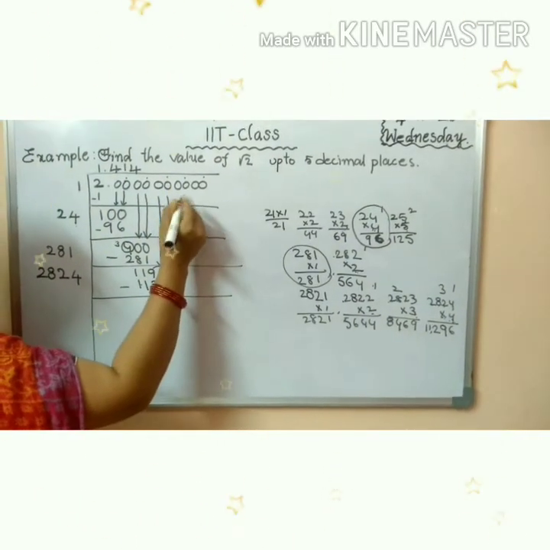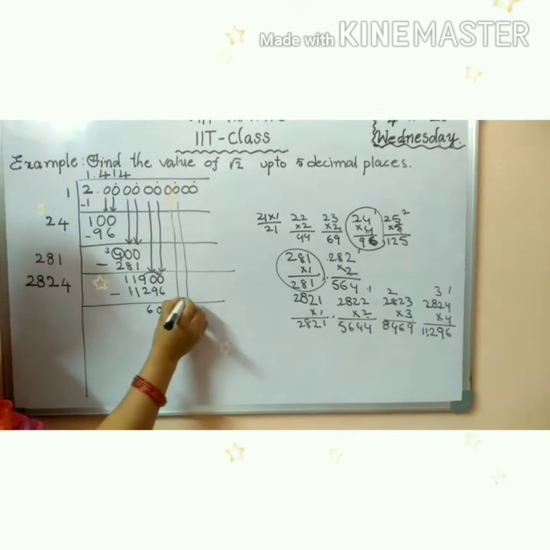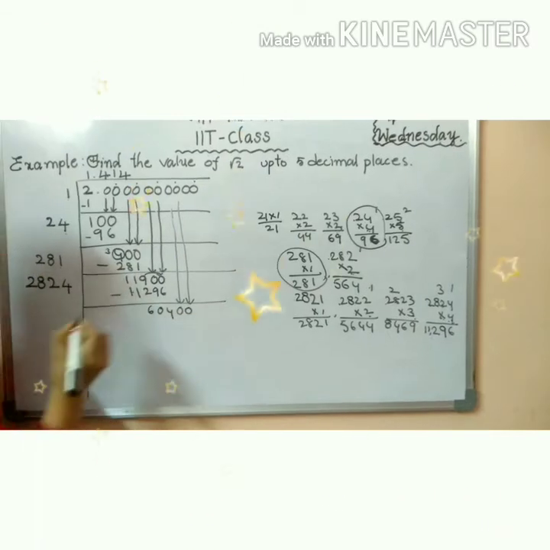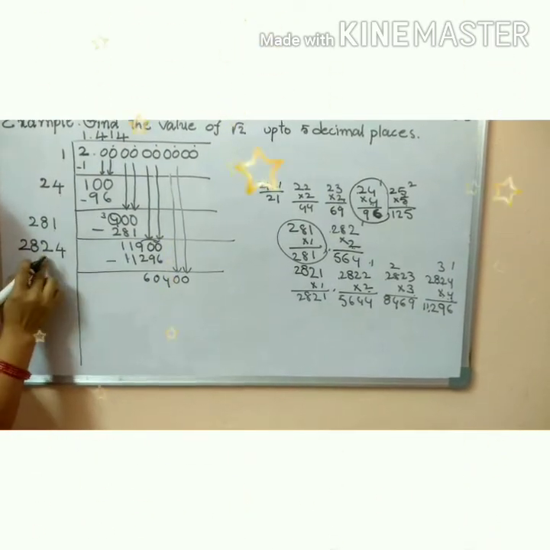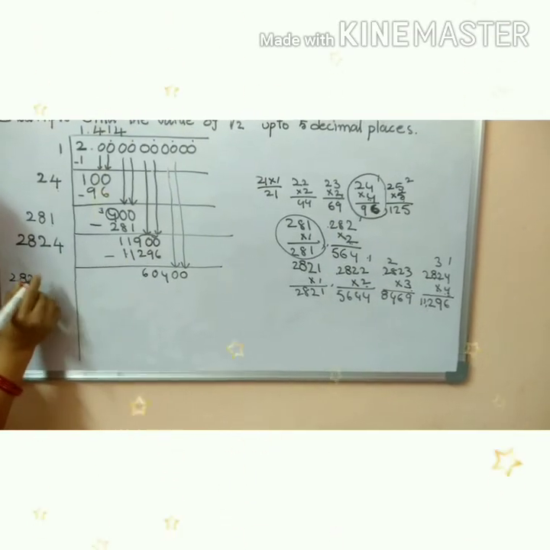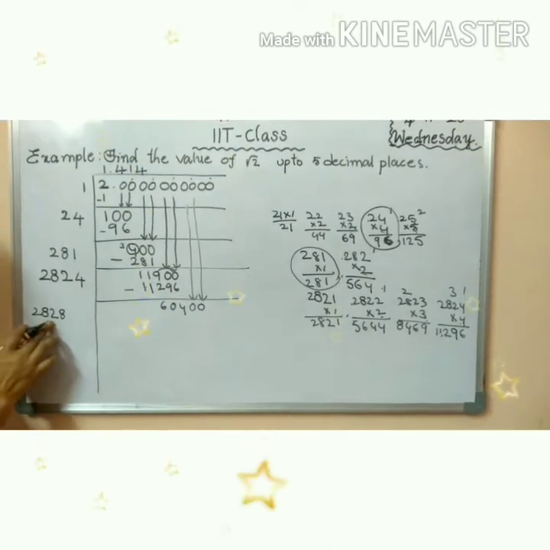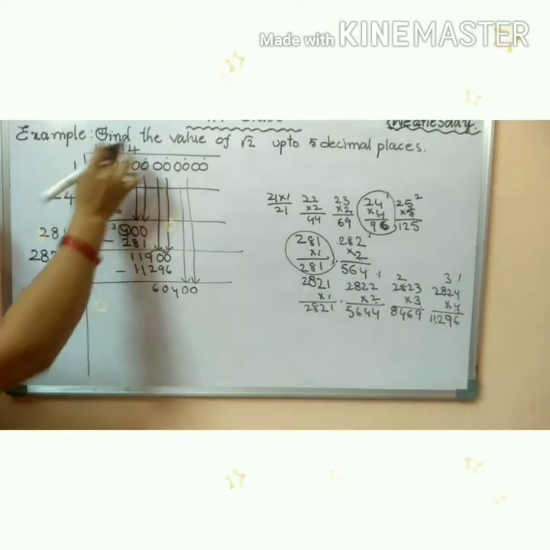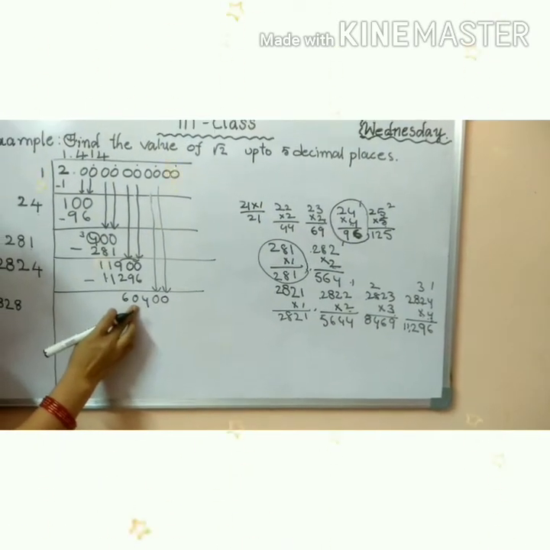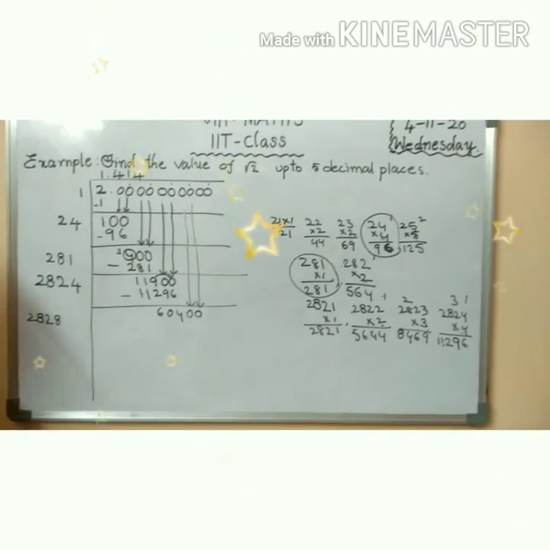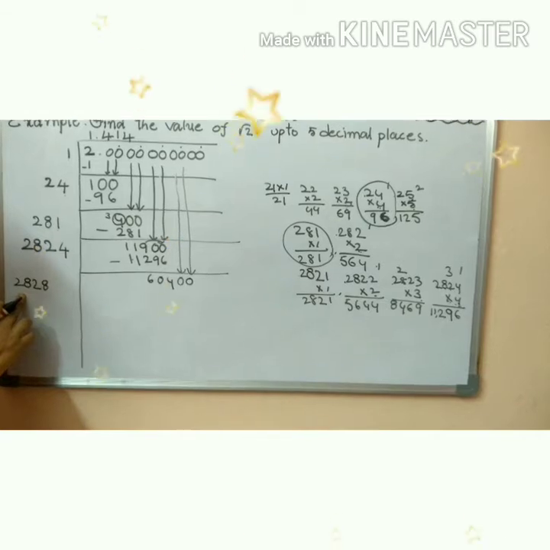Now next decimal point. Next decimal zeros. 0, 0. So here write 2, 8, 2, as usual write. Then here number is the 4. So in this case of doubled, 2, 8, 2, 8, 1. Which number is multiplied by the quotient? So here's ones, tens, hundreds, thousands, 10,000. Here in this case 60,400. Which number is multiplied by 60,000?